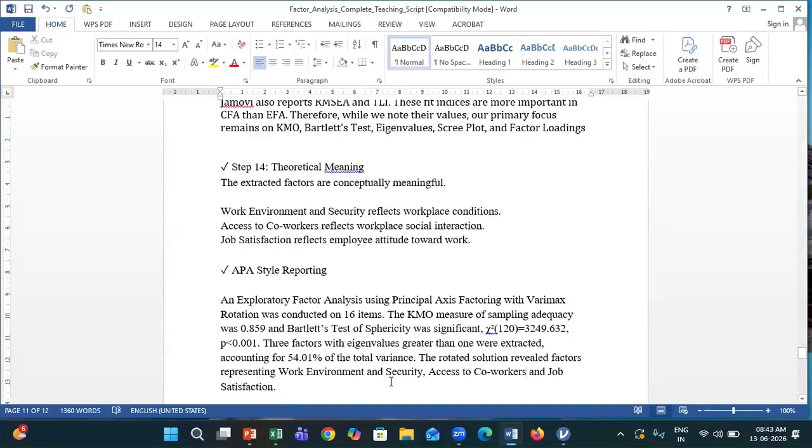Finally, I will conclude that the data were suitable for factor analysis as confirmed by KMO and Bartlett's test. Using principal axis factoring with Varimax rotation, three meaningful factors were extracted. These factors were named work environment and security, access to co-workers, and job satisfaction. Together they explained 54.01 percent of the total variance and provided a meaningful summary of